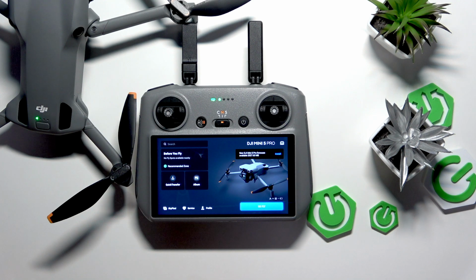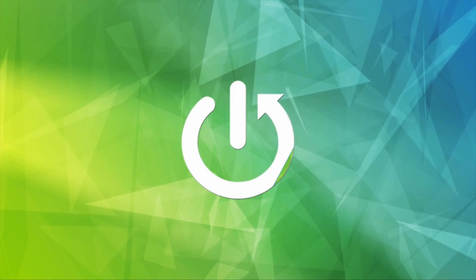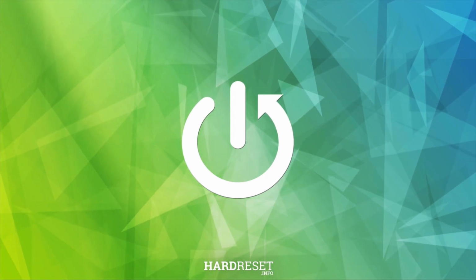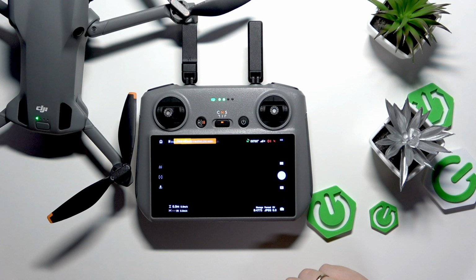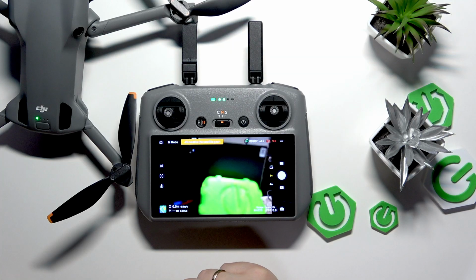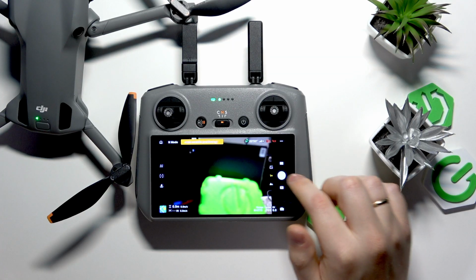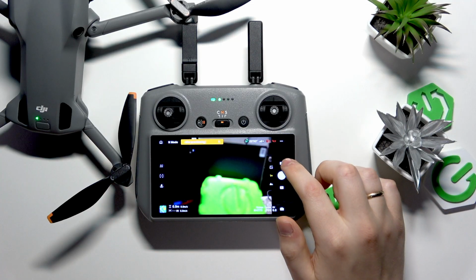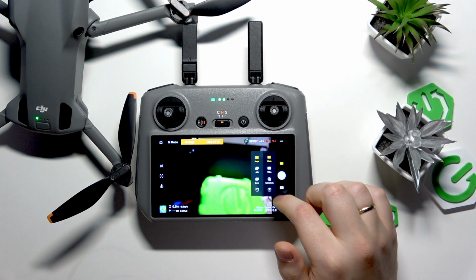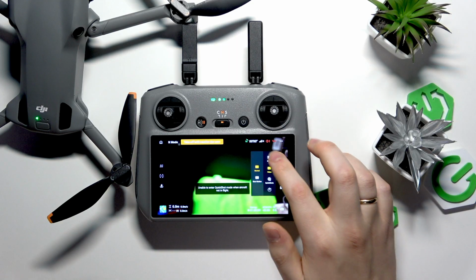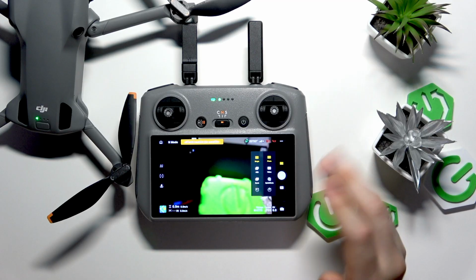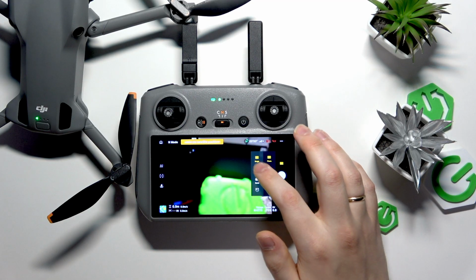This is DJI Mini 5 Pro, and today I'll show how you can switch between photo and video shooting modes on this drone. So first, open the Fly or Go Fly interface, and here look to your right. Above the shutter button, you'll find a little rectangle icon. Tap on it, and here you can switch between photo, video, or quick shots modes. While in the photo mode, you can switch between different sub modes as well, so single,